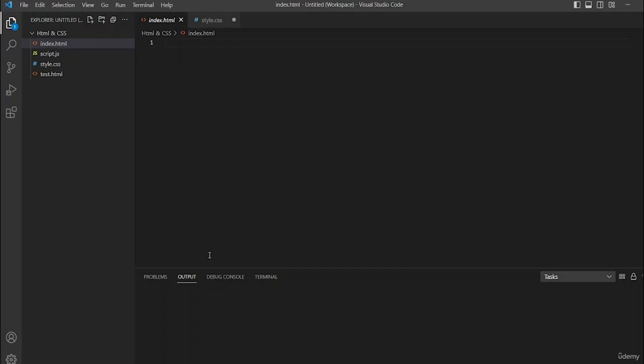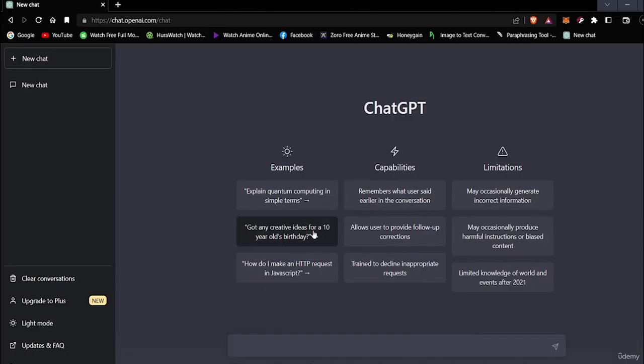Okay, so we're going to go to ChatGPT and we're going to ask it to write us a code. I'm going to ask ChatGPT to write me a code on a website, especially a tech-based website. So in ChatGPT, we're going to start by typing. I'm going to ask ChatGPT to write me a code of a website,